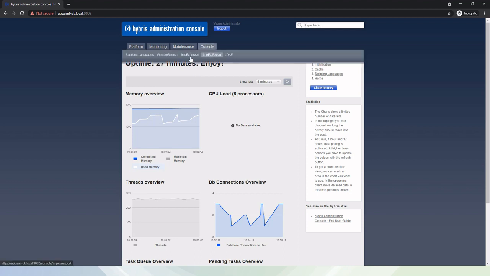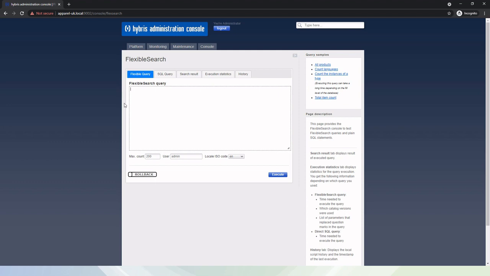Here we can go to flexible search. You can go to console and then flexible search. You will see this flexible search screen under local as well, right? Whenever you go to console and flexible search. Now suppose our requirement is to fetch the details of products. So in this flexible search query we write select star from product. Product is an item type name. Whenever we write a flexible search, we have to give the name of the item type inside these curly braces. And when we click on execute,